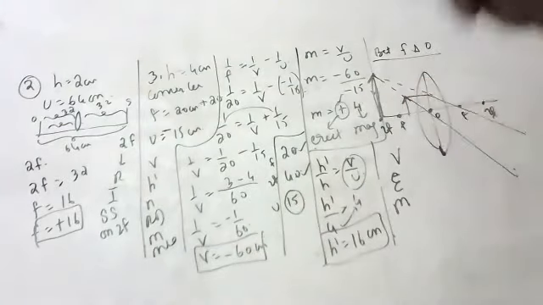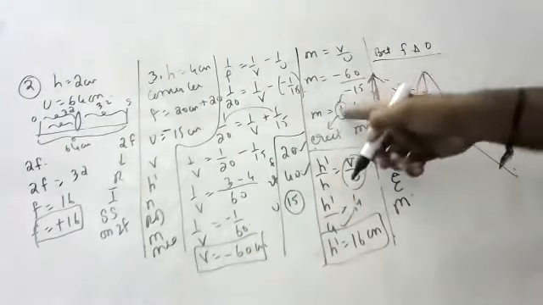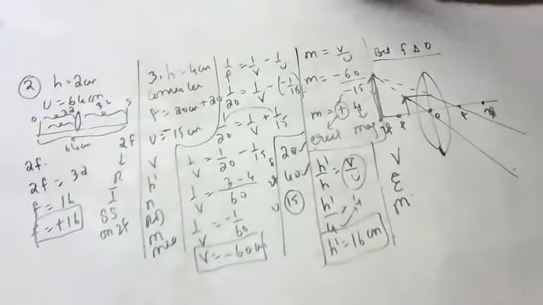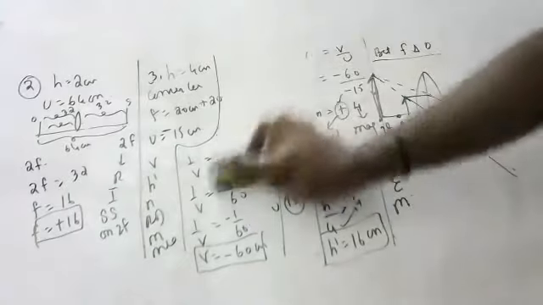Where the object is, the image is also forming there, and it is erect. That's why plus 4 times magnified. Virtual, erect, and magnified. Like that, you should analyze, children. If you know ray diagrams, only then can you do this. That's why I'm telling you, please learn ray diagrams. Okay, next one, fourth question.